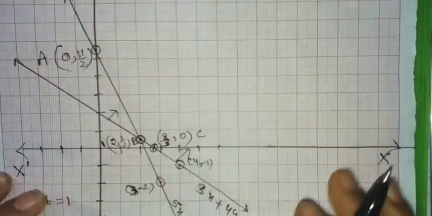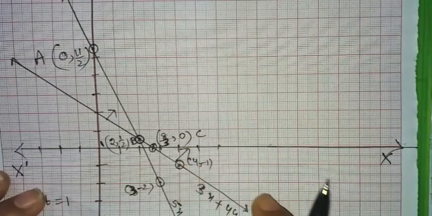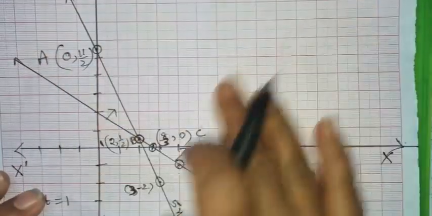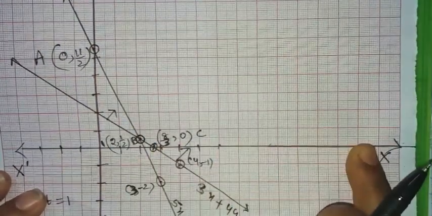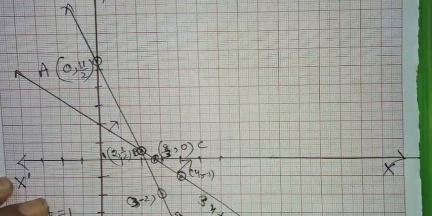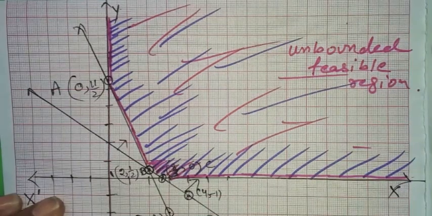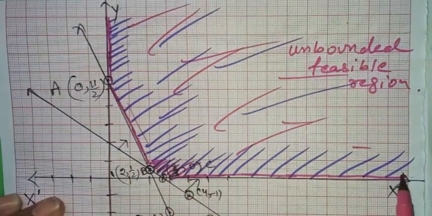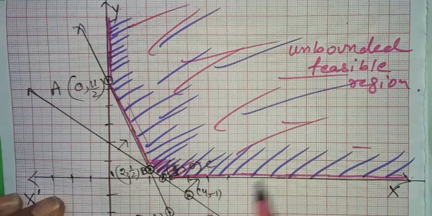So, as I see the graph, although both the lines will give me this whole region starting from this, out of all this I will take only this portion which lies in the first quadrant. Let me show it by a purple line. So now you can see that this region which is lying in the first quadrant, this is the unbounded feasible region. Now I have to check the corner points of this region.